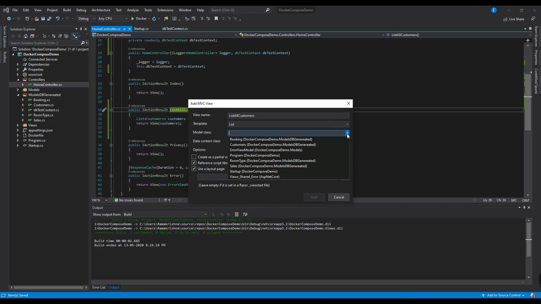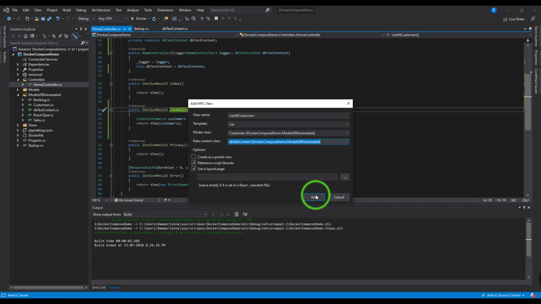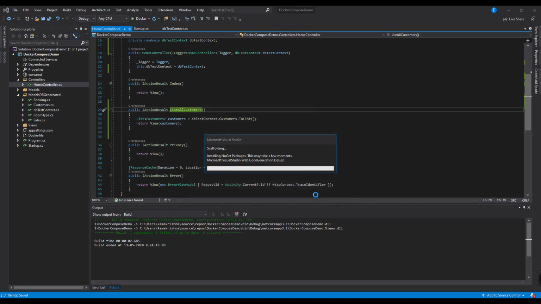So it is automatically created for us using the scaffold command. Select Customers, and the db context is the db context that we just initialized in the Startup.cs class, and create a new view for this.